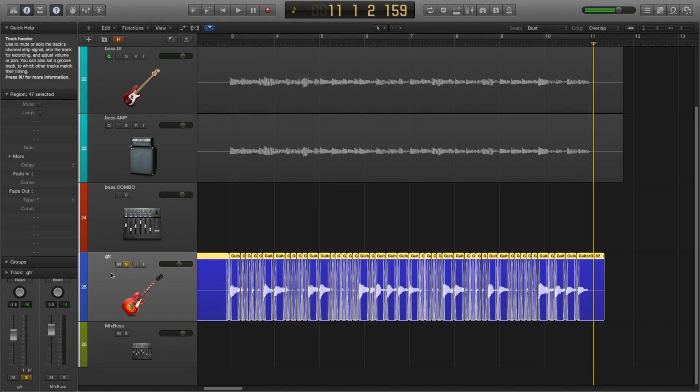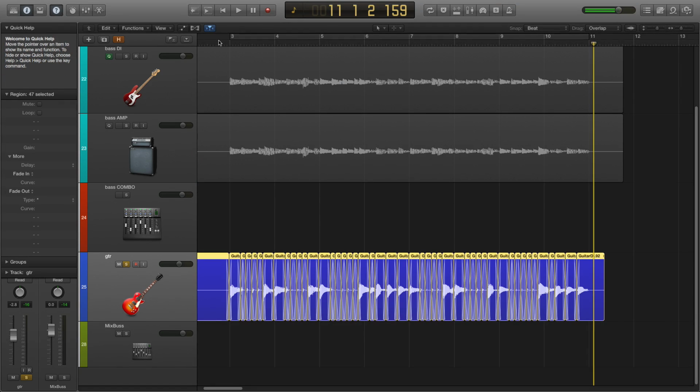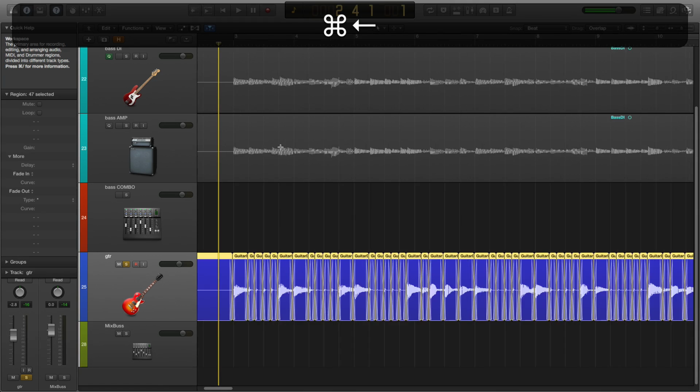Actually, we've had pretty good luck there, so there haven't been really many artifacts. We can do one of two things. We can leave it as is, which I'm game to do. I don't have to have the regions overlap. If it's working and the crossfades seem to be working with that, I'm fine with it. But if we wanted to make sure that we had some overlap,